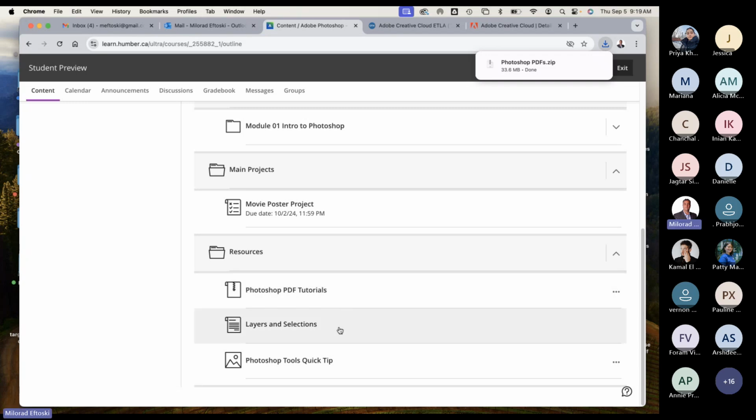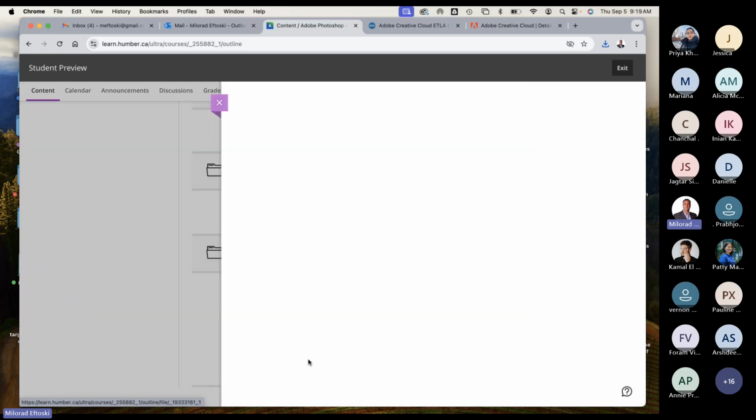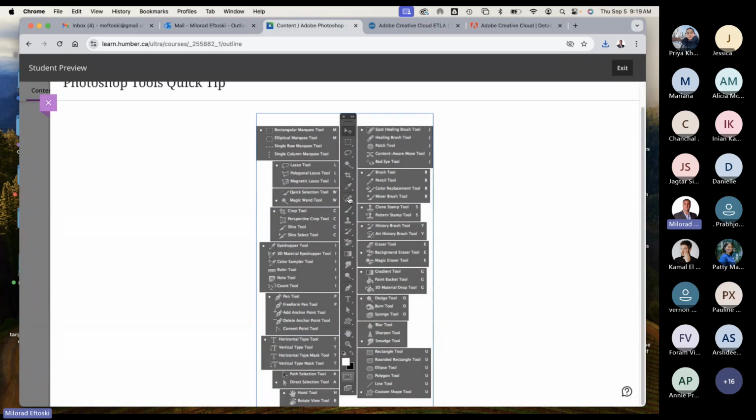For the class exercises that we're going to be conducting virtually, this is the link that we're going to use: layers and selections. Okay. And then I have Photoshop tools quick tip. I might have to update this, because it basically has all the tools encapsulated under one screen capture. I can always go online and find something newer and upload it. You can also do the same on your own, but it's just a quick way to go over